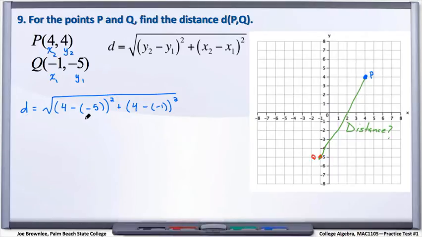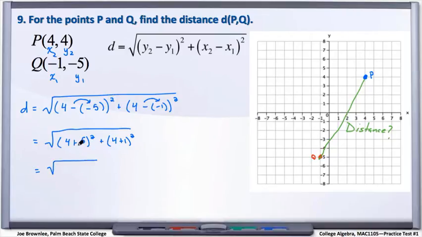So whenever you plug in, it's definitely a good idea to use parentheses if you can. All right, let's clean this up and see what happens. So we end up with 4, and when we distribute, we end up with a plus 5 squared, and then plus, and again here 4, we'll distribute this negative through, so we end up with 4 plus 1 squared equals,